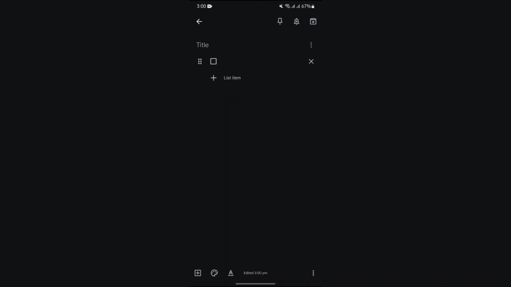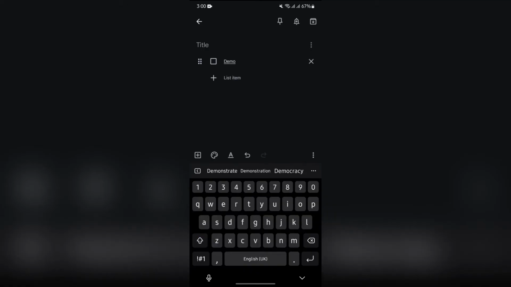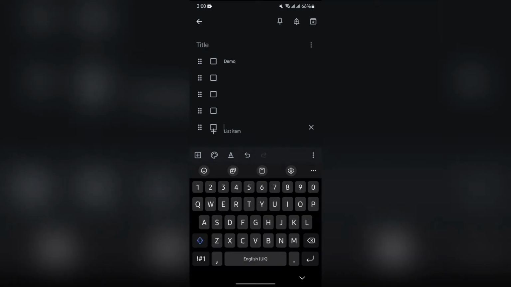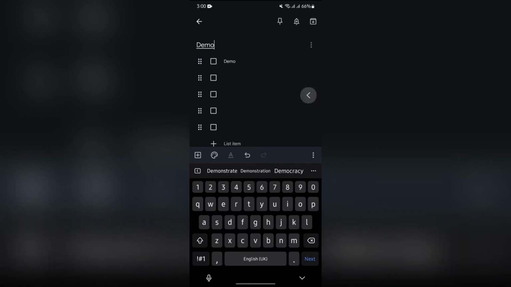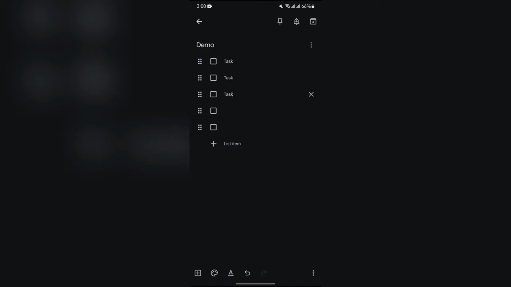Now by using this feature, you can easily make the list of your works and professions. Just simply title anything at first and then you can add items into this list. Now just simply title this list at first, and after that you can add your task as items into this list. You can easily make any list of your tasks or works that you have to do from here,